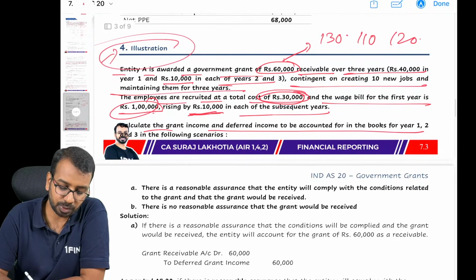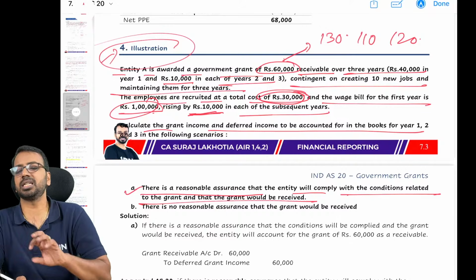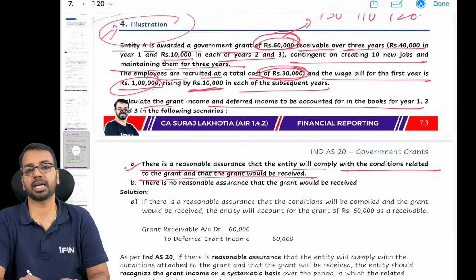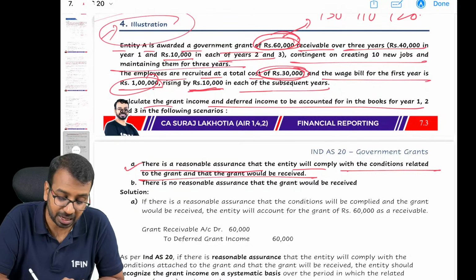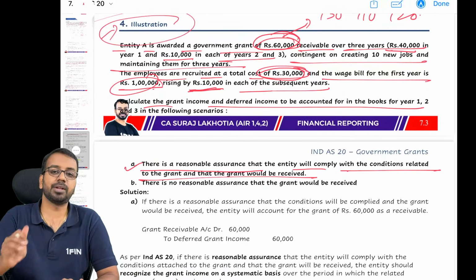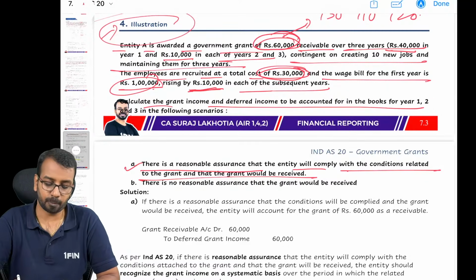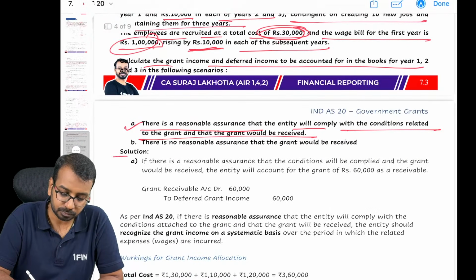Calculate the grant to be accounted if there is a reasonable assurance that the entity will comply with the condition and the grant would be received. In the first case, it is straightforward. If you comply with the condition, the entire 60,000 can be recognized as grant receivable, and 40,000 you have received in the first year, 10,000 each you will receive in the second and the third year. Okay. Then, second,